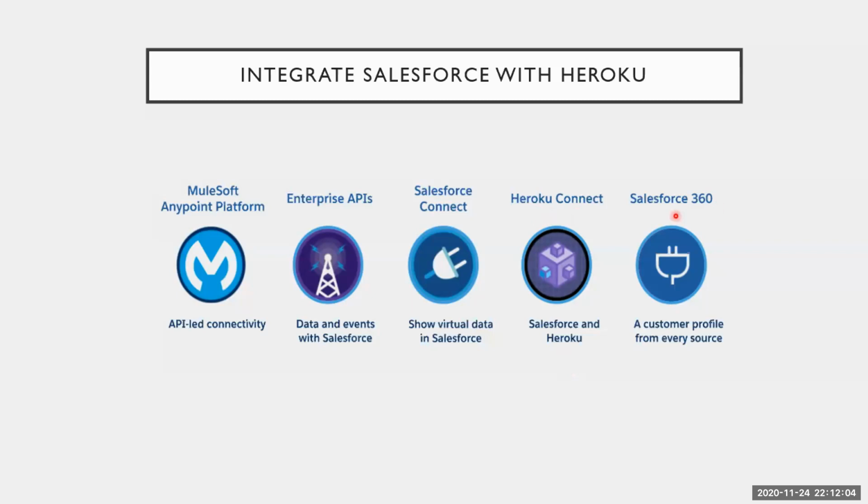And Salesforce 360. It's a Salesforce integration cloud, we can say. So everything should be connected, every cloud will connect with each other and you can share the data. That's what Salesforce 360 is. So now we know how many ways we can connect with Heroku. Now we'll discuss one business scenario or use case and decide, out of these five ways, which way we can connect Heroku with Salesforce. So let's move to the business use case.